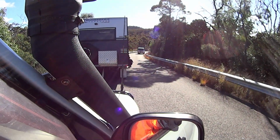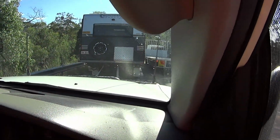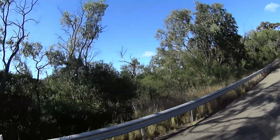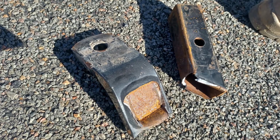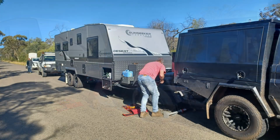So this is an interesting start to our trip. Heading out to Rylstone with a good mate of mine, Nathan. We just came down this little section heading into Jerry's Plains, and the tongue or the receiver on a 79 series has snapped clean in half, and his caravan's come off. Maybe a little bit over his ball weight or something, not too sure, but yeah, his caravan's come loose and